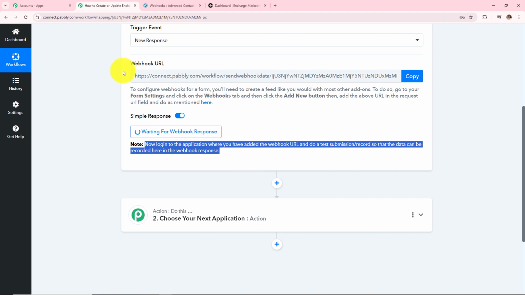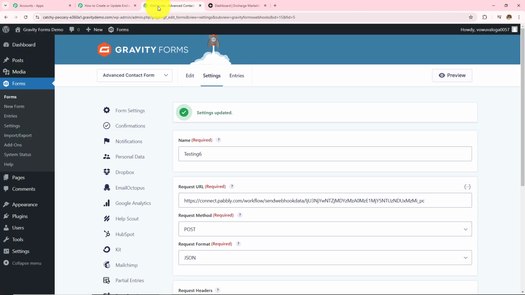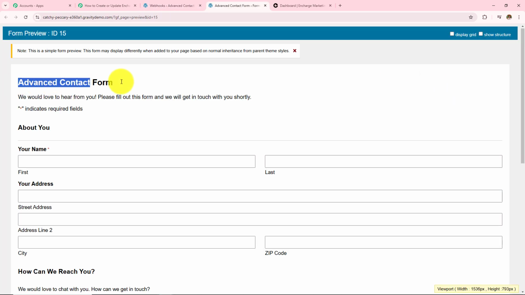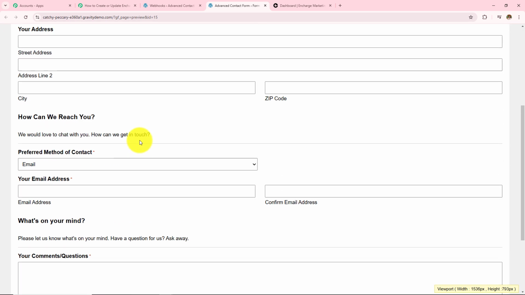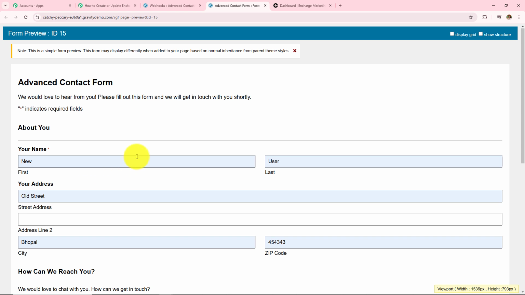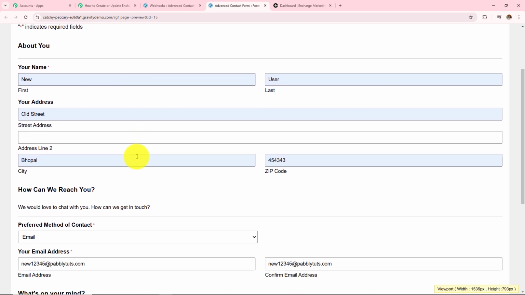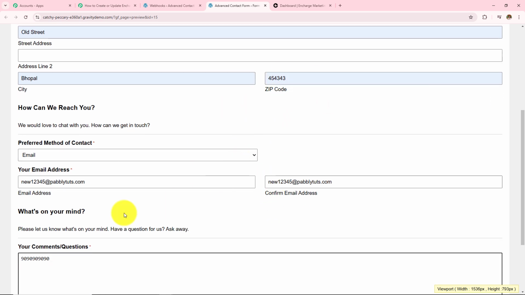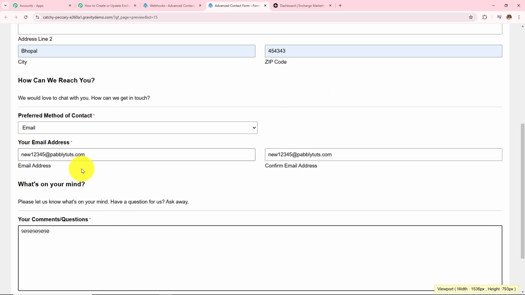for which I am going to fill a form in my Gravity forms, and for that I am going to click on this preview. So this was my form by the name advanced contact form, and it has all these fields. So let's say my first name is, so here I have entered my first name as new, last name as user. I have entered my address Old Street, Bhopal, and then I have entered the zip code. I have entered my email address as